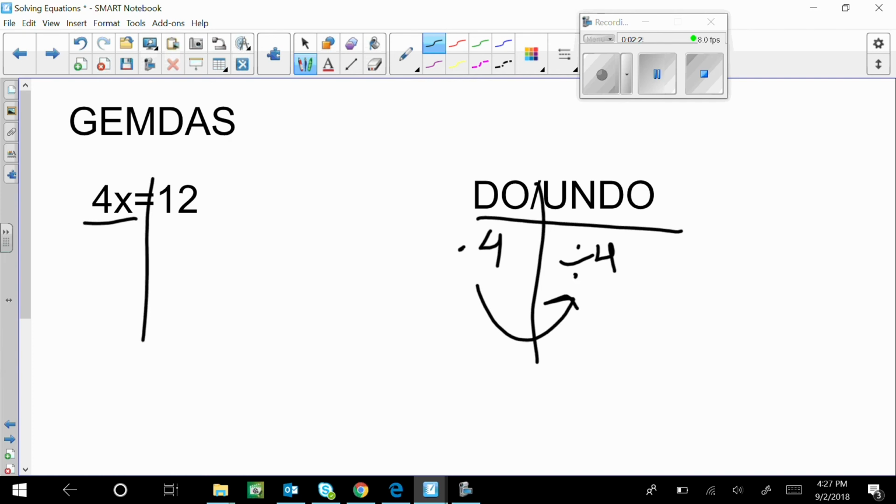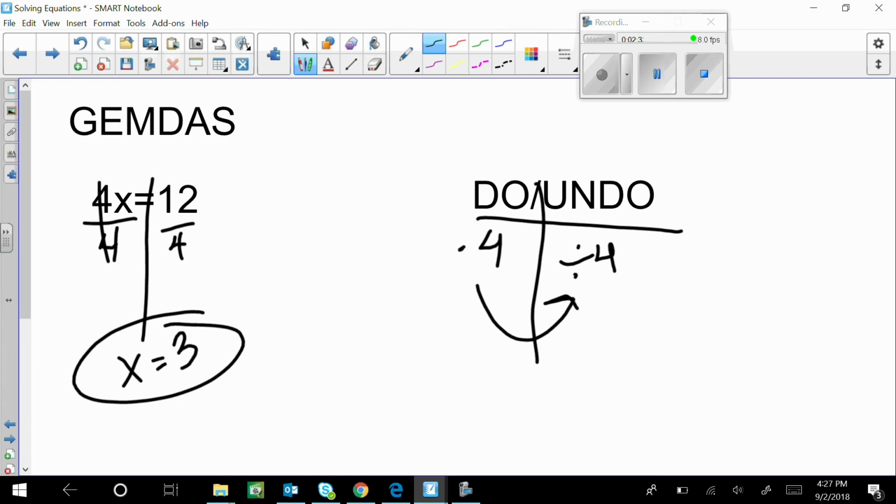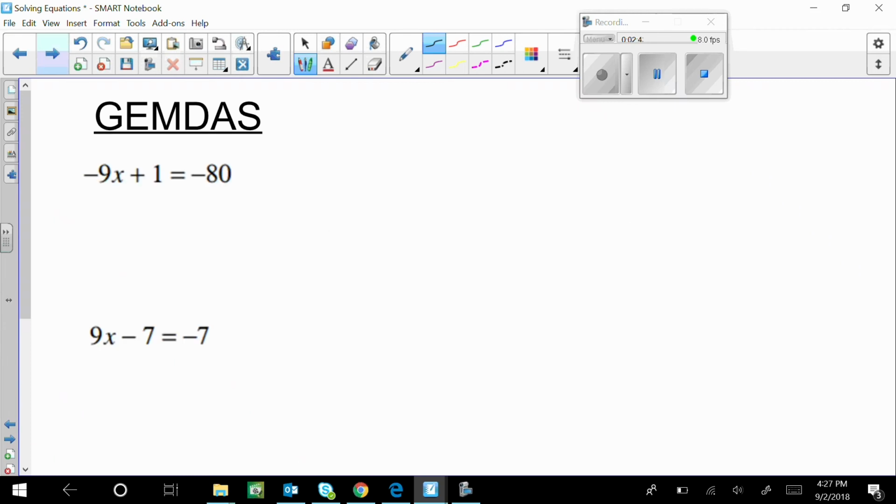So I'm going to divide, I have my wall, both sides by 4. X equals 3. Again, I can plug that in. Say 4 times 3 equals 12, and 12 equals 12. Now we're going to take a step up and do two-step equations. The very first thing I'm going to do here is say do